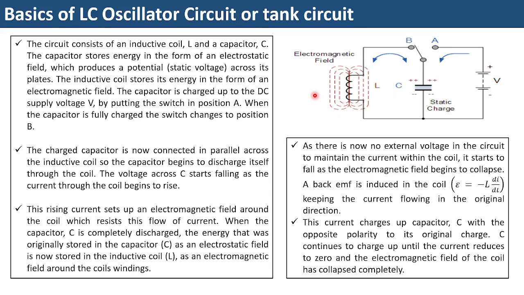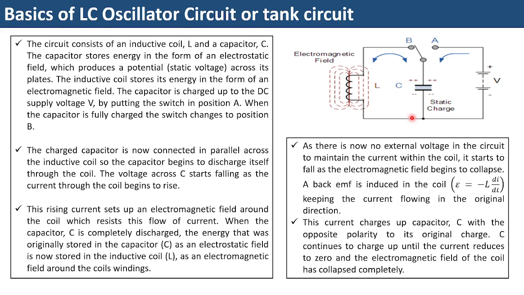Now interestingly, you do not have any charges on the capacitor, but still current continues to flow in the same direction. Now the same direction of current this time is because of the back EMF which is generated across the inductor, not because of the charges of the capacitor. So same directional current flows because of two reasons. One is by these charges, the actual charges of the capacitor which flow through this inductor. Because of that, you get the current to shoot up from 0 to some maximum value, and again from maximum value current falls up to 0.